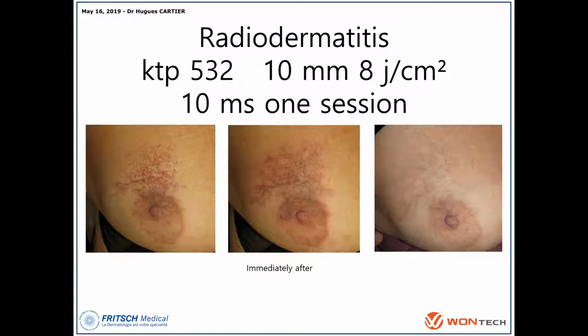So patients are happy with that, with a quick and faster treatment. For radiodermatitis, it's well known, for breast cancer. Sometimes it could happen after a few years. So you can also use the KTP 532 because it's a superficial